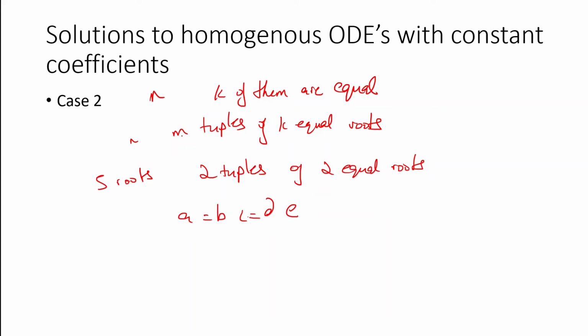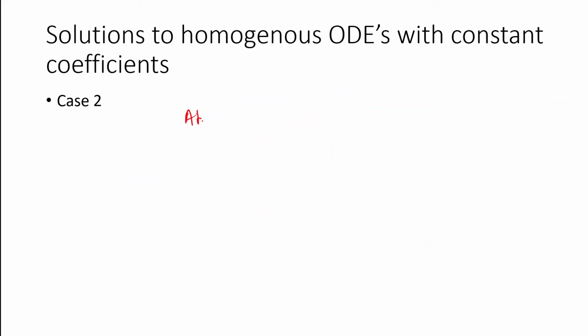So if we had k equal roots, it doesn't need to be k, it can be any different numbers also. So m tuples of some equal roots k1, k2, km, then it's pretty sure that k1 plus k2 all the way till km is equal to n. If this is the case, then there is a formula which is used, called Abel's formula, which helps us to find the other solutions. I will not look into Abel's formula, that's reserved for the next lecture. But how are the solutions written? I will show you that.